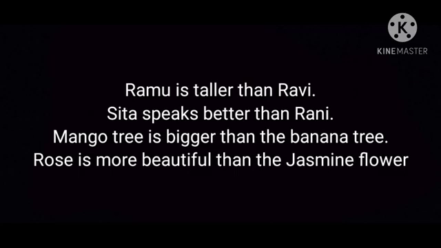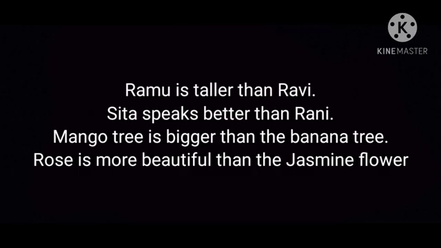Means when than is there, you want to use the er form. Means the second form of degrees of comparison, while writing the adjectives or comparative degrees. So can you see that? Ramu and Ravi, two persons, two things, whatever it might be. So we want to use the comparative form: taller than, better than, bigger than. So when we have comparison, than is compulsory.